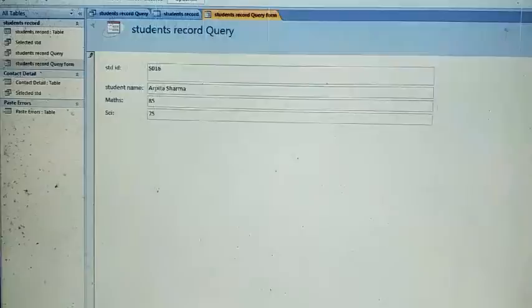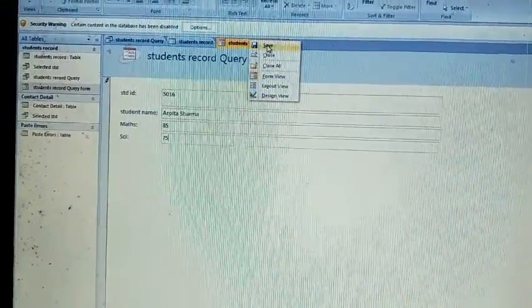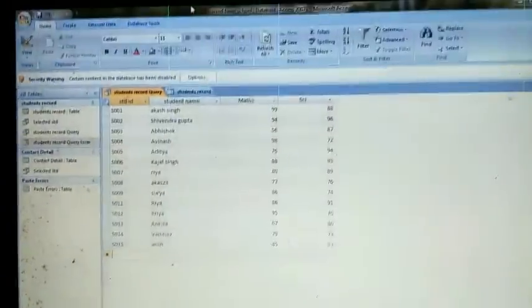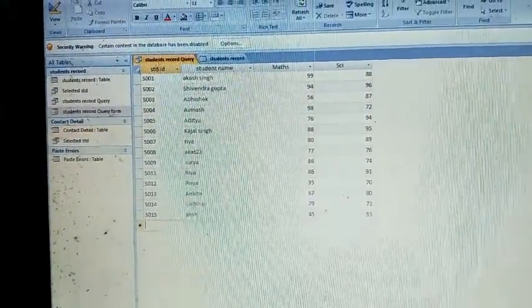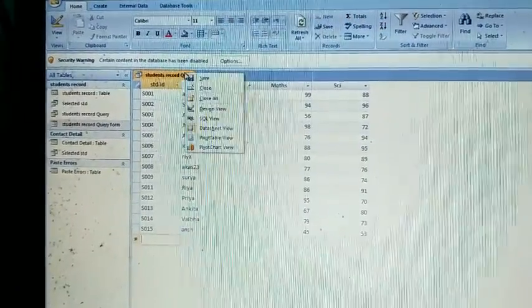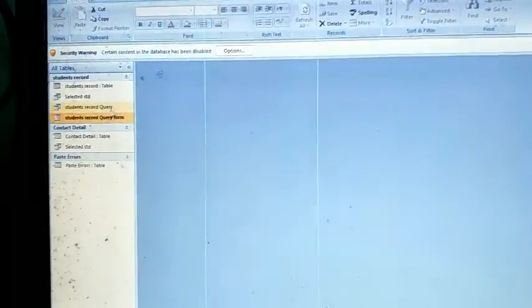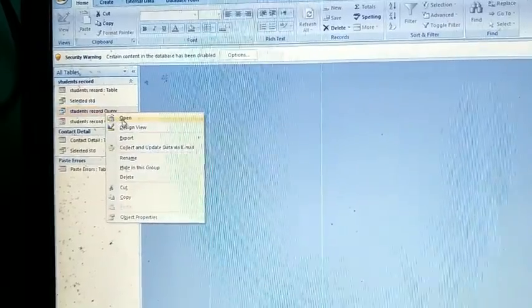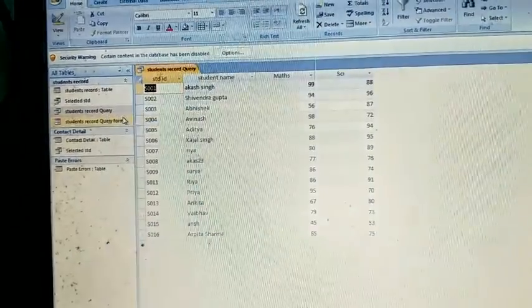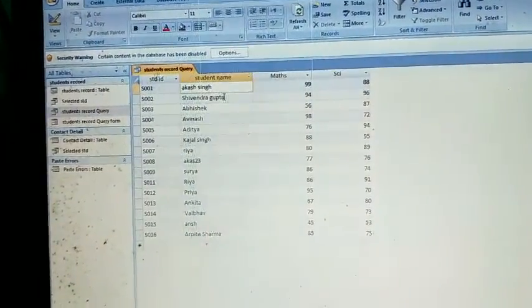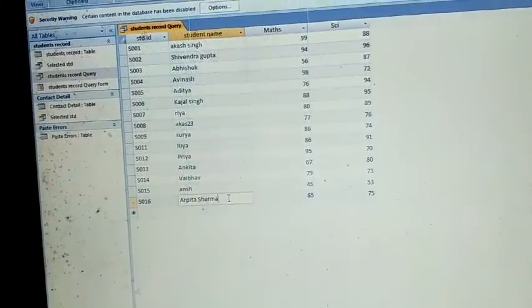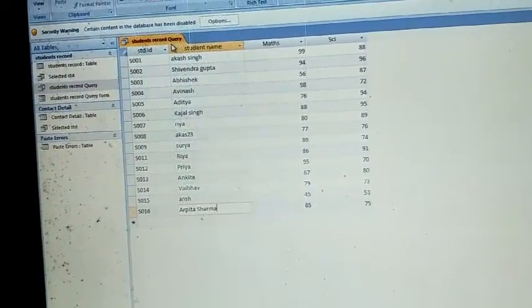Okay, now save it, close it and see the reflection. First you have to close all the tables. Now I am going to open the student records query form and you will see the changes. Look here, Akash Singh, Shivendra Gupta, and one new record is added, Arpita Sharma. Now close it.